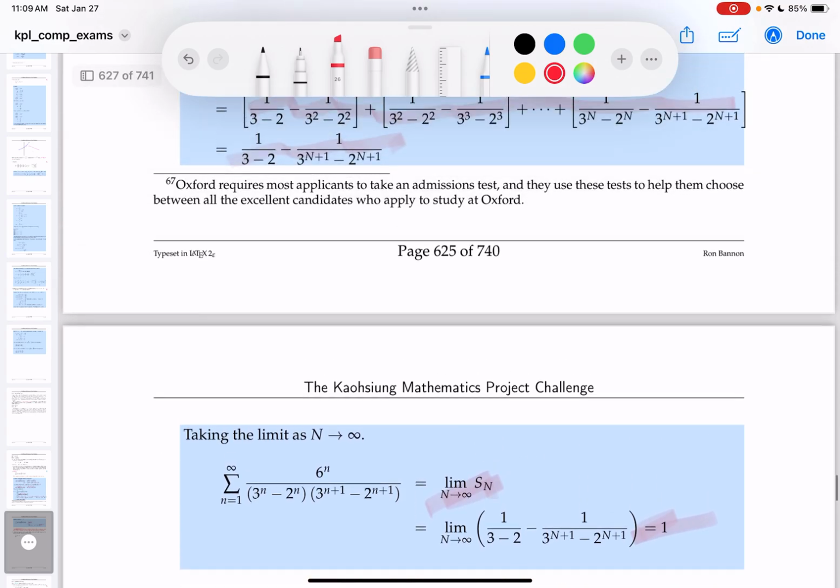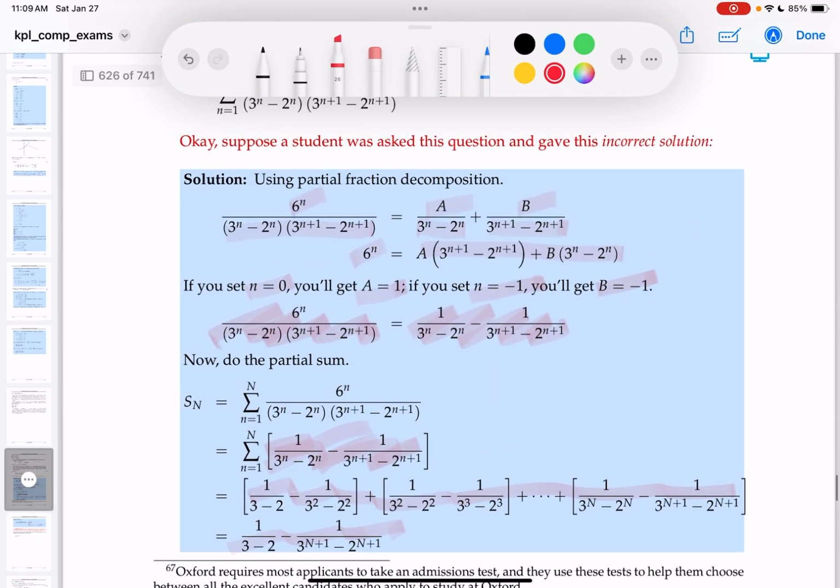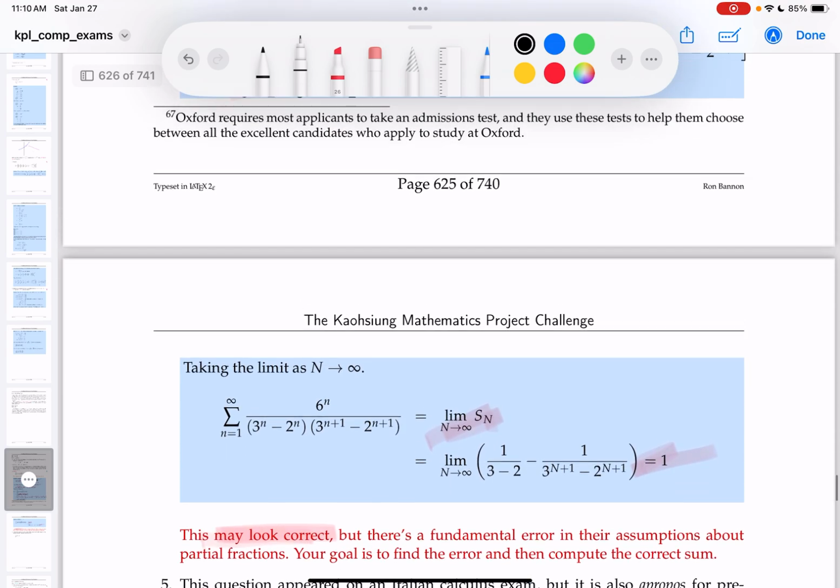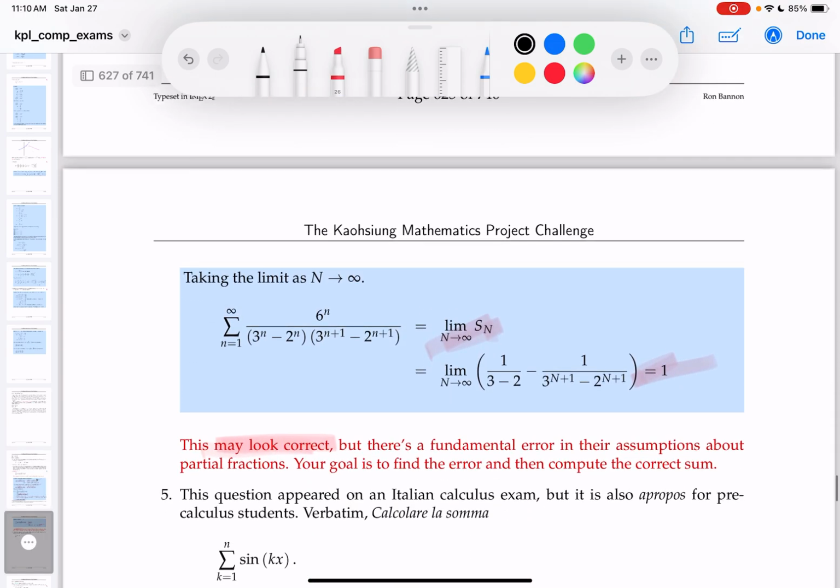Where the reasoning fails, though, is in the partial fraction decomposition of the problem, exactly where the problem failed. Everything else that follows from that, if that were correct, would look great, would really look great. So I'm going to say it failed there. Now, what they want you to do is find a fundamental error. That's just been pointed out to you in the partial fractions. Their assumption is